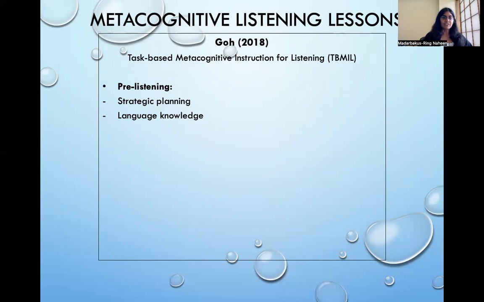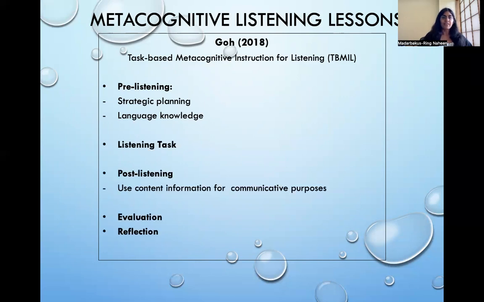After having the actual listening task, we can then think about post-listening. So what content can we use for communicative purposes, if we can check our understanding of the listening together. But then the main part, which adds from the journal, is the evaluation and reflection, which this task can give to our students. Ultimately, we can divide a listening lesson into 5 different stages, which will assure us